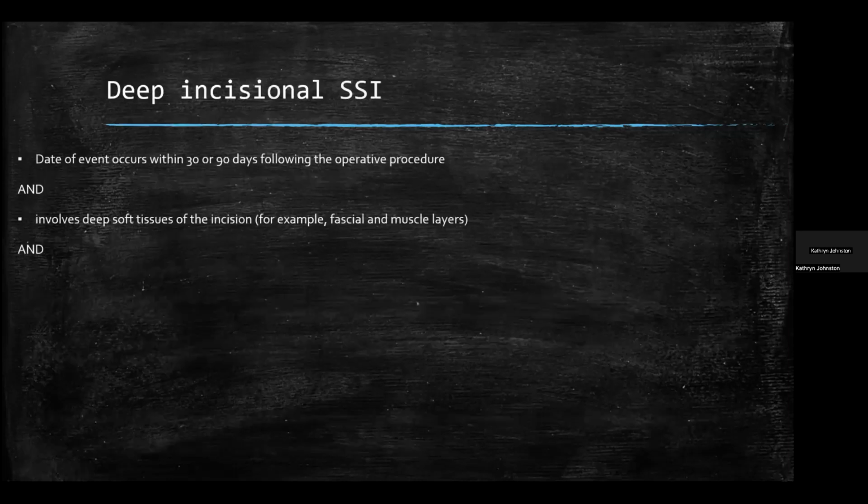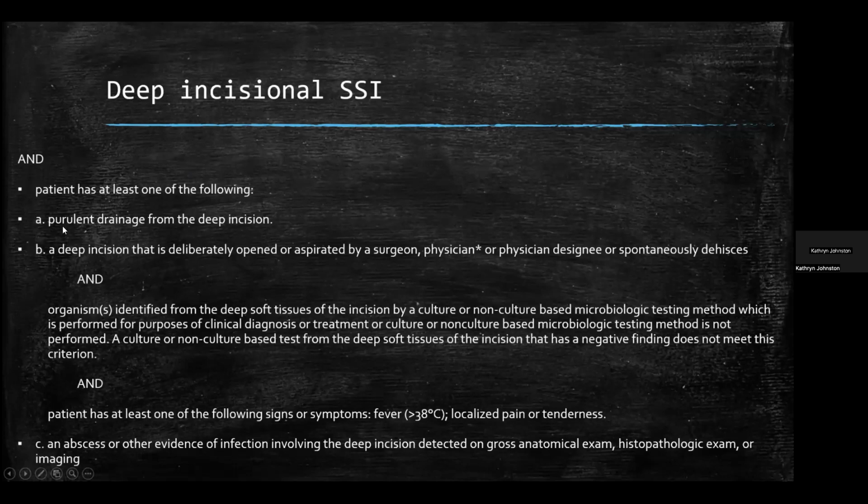So incisional infection, as I stated earlier, occurs within 30 or 90 days of the procedure. It involves the deep soft tissues, for example, the fascia and muscle layer, and the patient also has to meet the criteria of at least one of A, B, or C. And so for A, purulent drainage from the deep incision, that again, the incision is deliberately opened and the